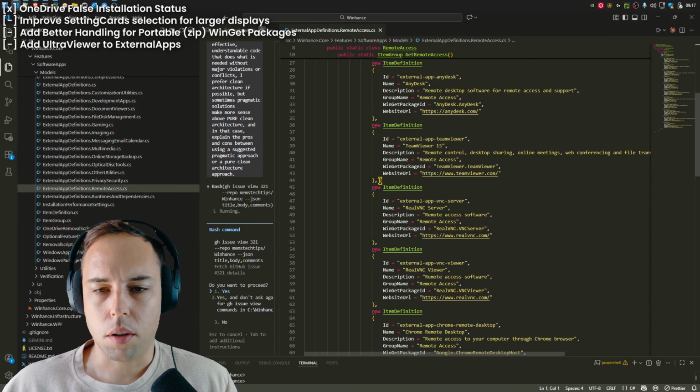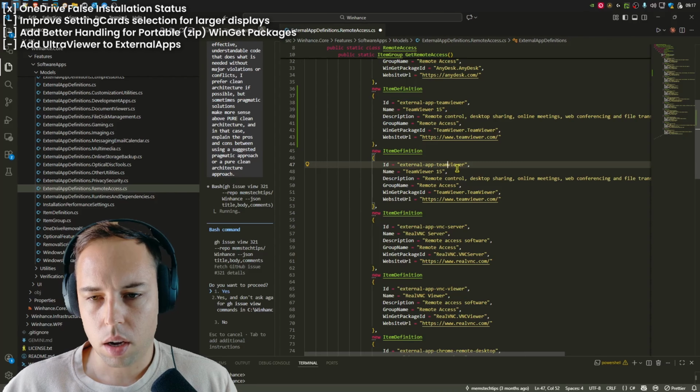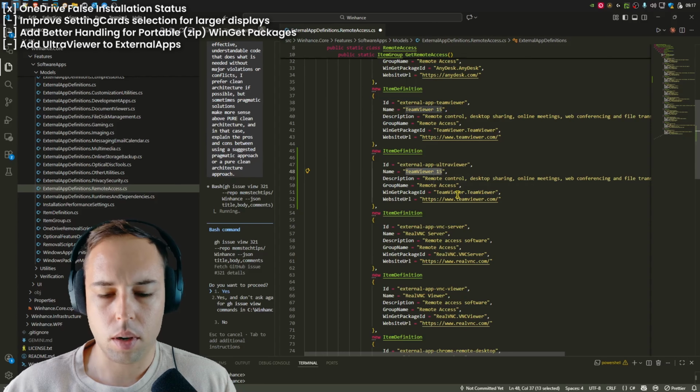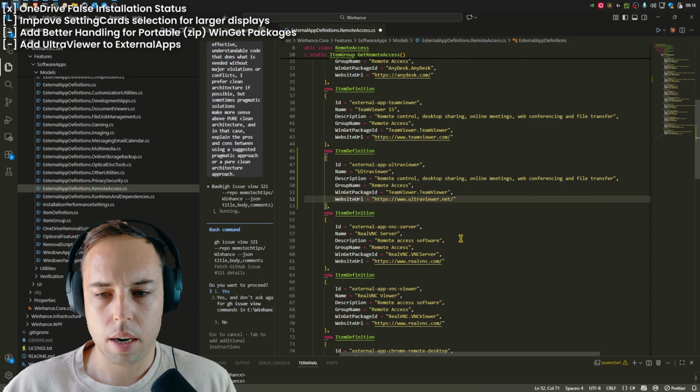And I'm just going to add it to the file here below the TeamViewer entry. So I'm just going to copy that, paste it, and then I'll just change the ID to UltraViewer. The name is going to be UltraViewer. Then we can get the UltraViewer webpage link, so we can also add it there. Then I haven't changed the package ID yet. I see UltraViewer has the V